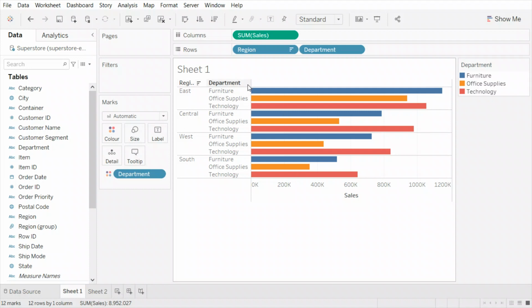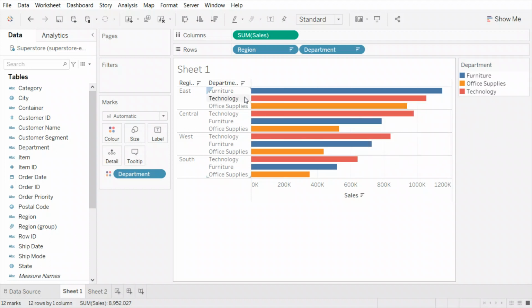What I wanted to show you is what happens when you get nested and sum of sales here. This is now different. When you are doing a nested sorting for the second level of detail, or the granular level of detail, as we call it here, you have in the east, furniture that has the highest sales, followed by technology, followed by office supplies. The same applies for central, and so on. What does that tell you? This tells you that with the nested sorting, what happens is